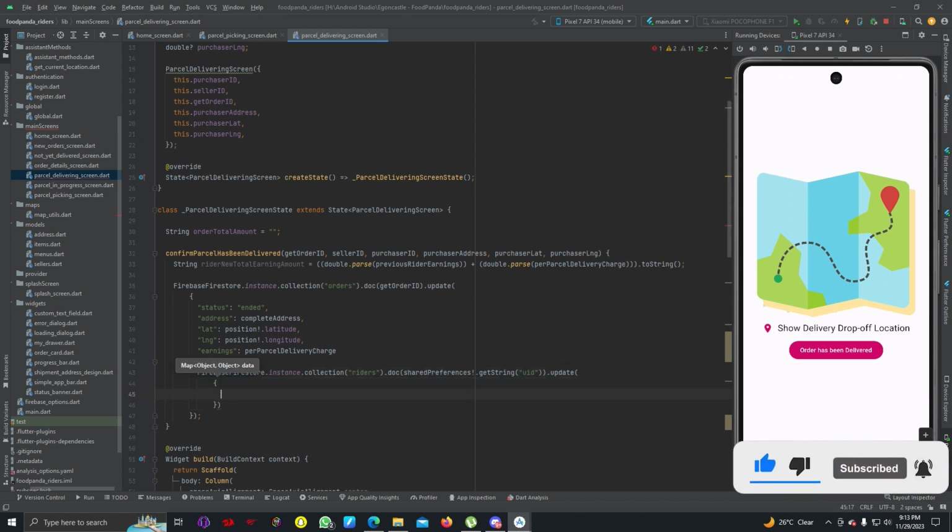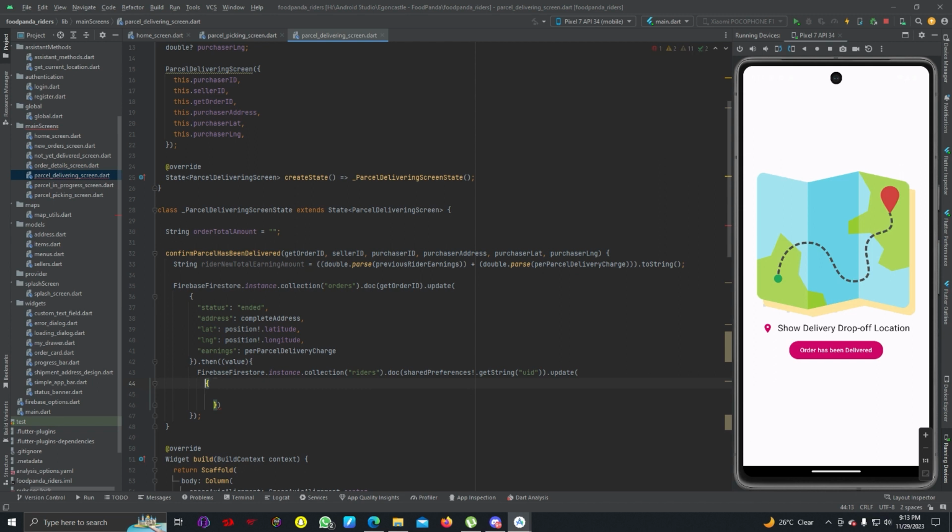Add second bracket, add semicolon, then we can write